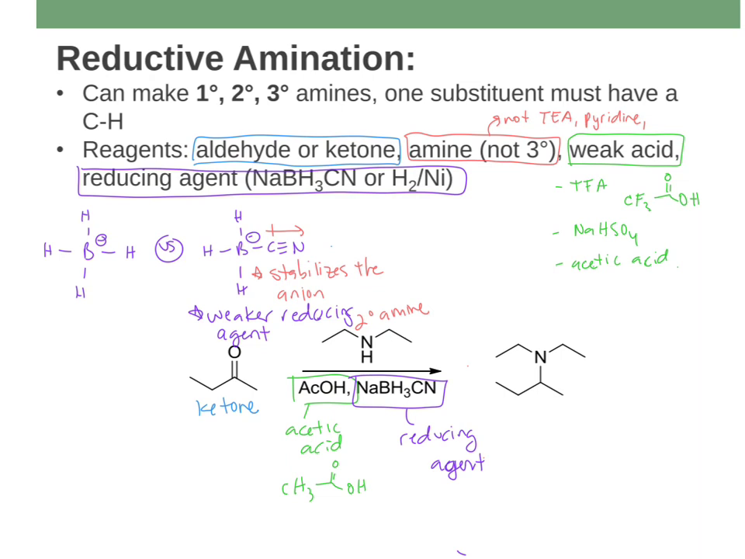It's a weaker reducing agent. Let me clean that up a little bit. It's a weaker reducing agent because it has that CN group on to help stabilize it. And there are other reducing agents that are like this that just make the BH4 version weaker. But the main reason why we're adding this weaker one is we're going to see in a second, we're going